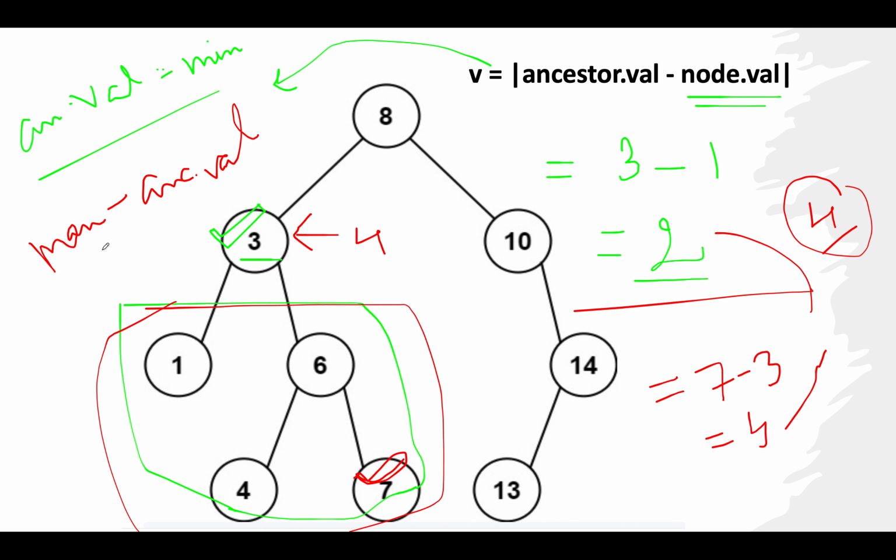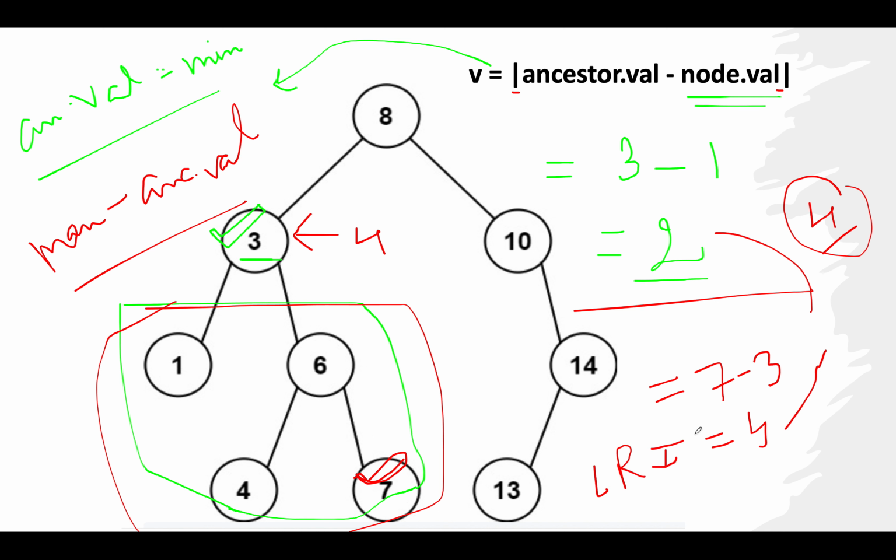Make sure that the maximum value lies below the ancestor node and the minimum value also lies below the ancestor node. Consider this similar to opening the modulus operation over here. So one possibility would be ancestor.val minus minimum node, and the other possibility would be maximum minus ancestor.val. Pretty simple and straightforward. So what we are going to do is keep track of the maximum and minimum values while iterating through the entire tree in the post order fashion: left, right, info.